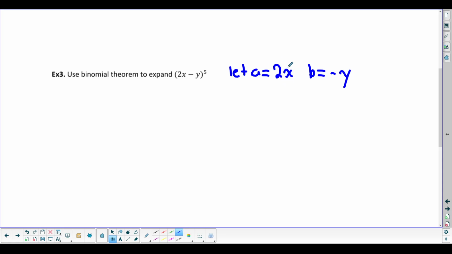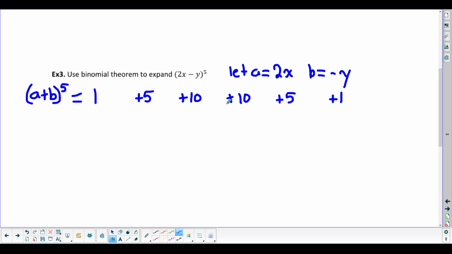And that's where both of these, because there's two values in this term, and there's a negative in this term, that's one of the reasons it's going to be really important for us to put brackets in. But once again, we'll just start with a plus b to the power of 5. Use Pascal's triangle. 1, 5, 10, 10, 5, 1,